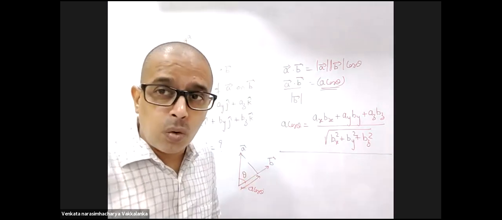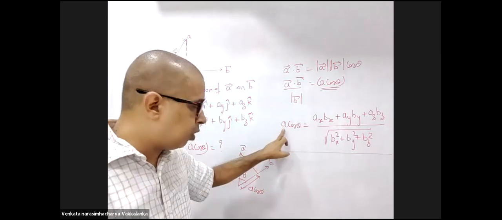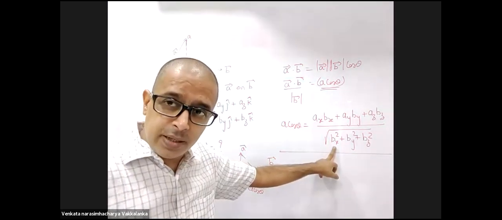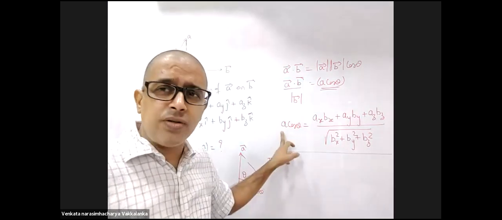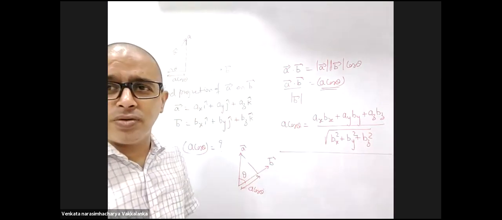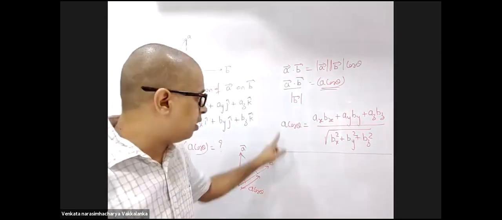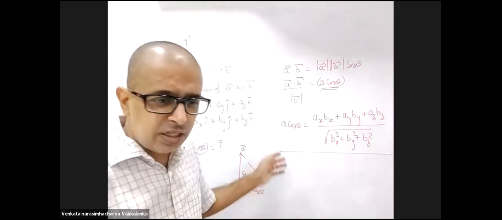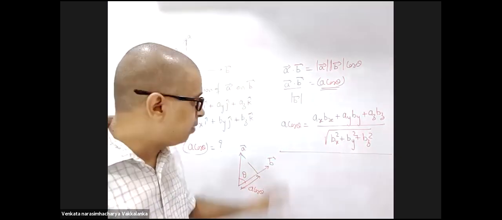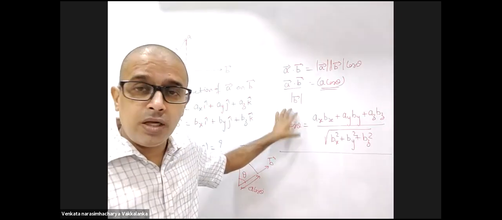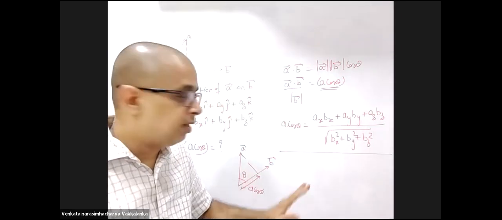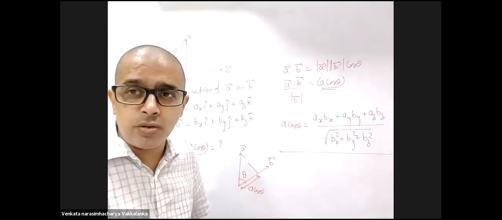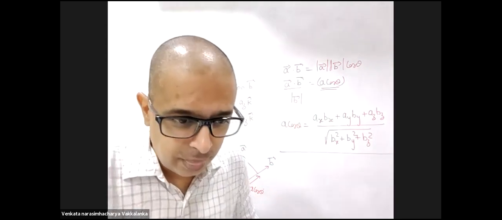What do you want? He wants A cos theta. You want to substitute the magnitude of A. You want to bring the magnitude of A to the denominator, then you'll get cos theta. If he's asking for cos theta, you'll bring the magnitude of A to the denominator. We have done that just before this, right? Sir, but he's asking A cos theta. He wants the component of A along B. If I want it, the whole of this is the answer. If you ask only cos theta, bring A to the denominator. Okay, sir.